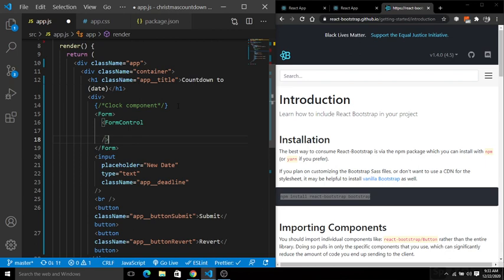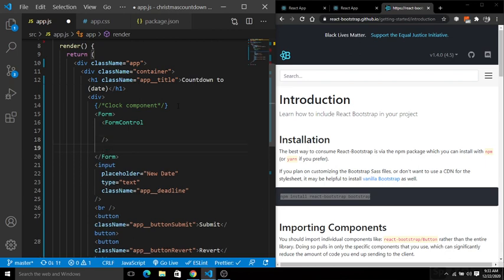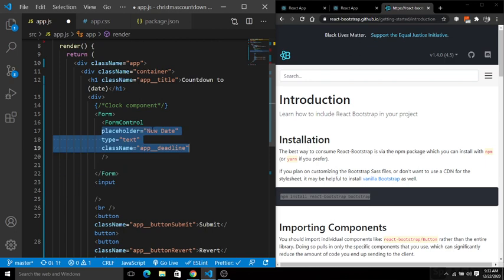Inside here we have two buttons. So what I am going to do, I simply copy everything from here and put it inside the form control. Okay, next I am going to put all the buttons.